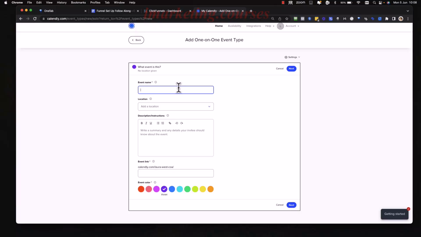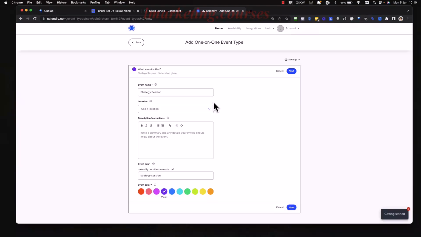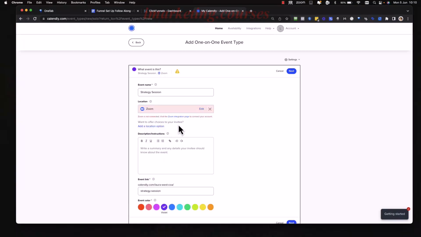So I'm just going to go with the generic one, which again I suggest you don't just use this, you have some more copy in there, but for now I'm just going to use the generic one, which is strategy session. Okay, so we're then just going to add the location. There's lots of different ones you can use. We tend to recommend using Zoom. It doesn't obviously cost. So we're going to click select Zoom,